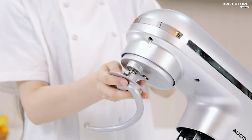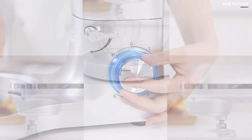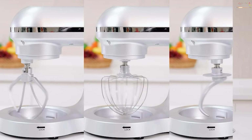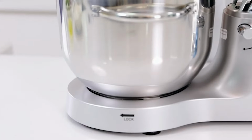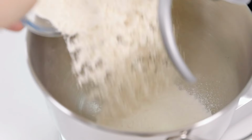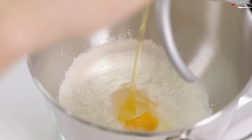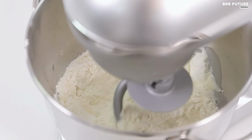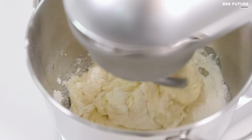less than 76 dB. Its 6.5-quart stainless steel bowl, complete with convenient handles, effortlessly accommodates all your culinary endeavors from cakes and bread to cookies and waffles. The tilt head design simplifies bowl and accessory handling, complemented by a sleek stainless steel decoration belt and blue LED